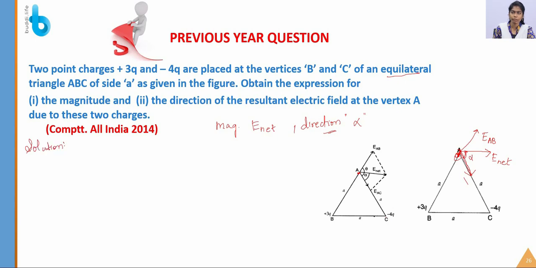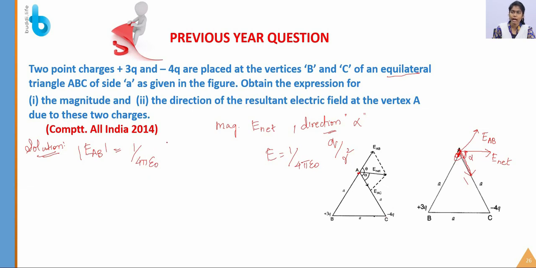It is a previous year question. First you have to determine the EAB. So what is the electric field formula? E is equal to 1 by 4 pi epsilon naught, which is K, and Q by R square. R is the distance between the two charges, which is the source charge and test charge, right? Yes. So first we have to determine the value of the EAB, 1 by 4 pi epsilon naught, which is